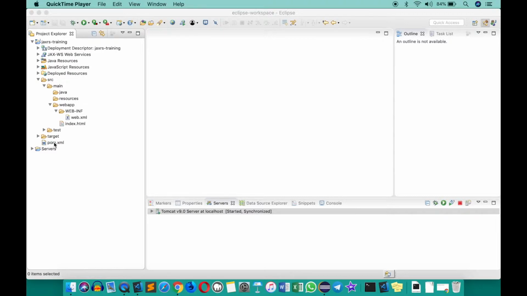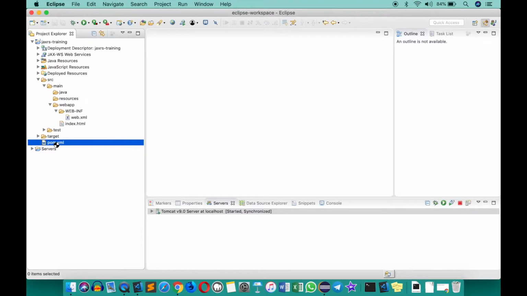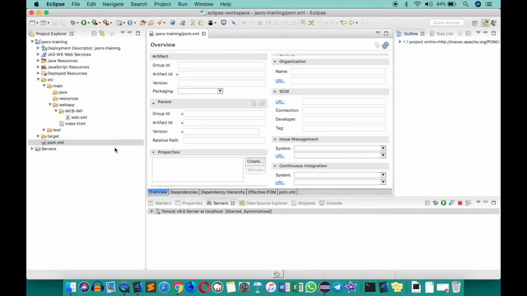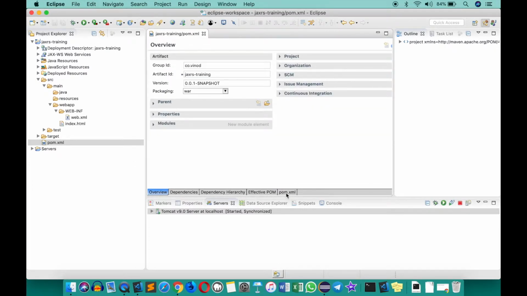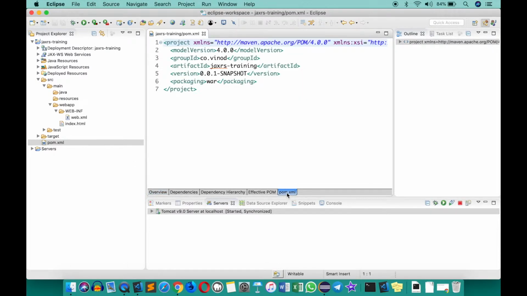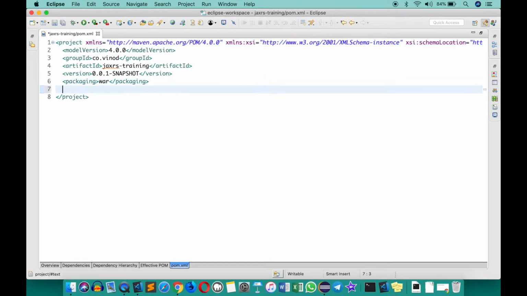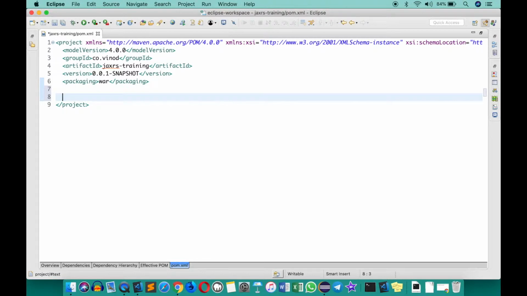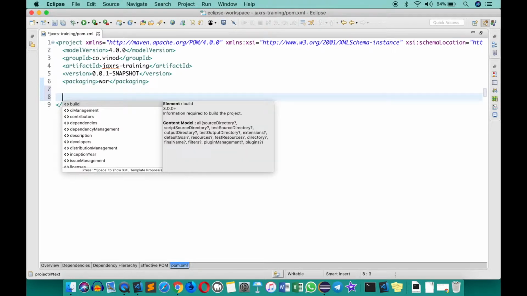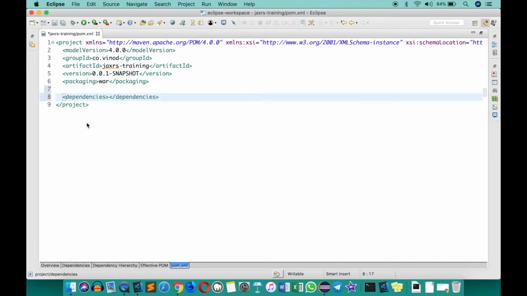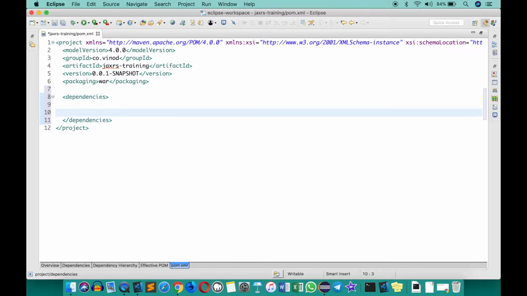So you can see that there is a pom.xml. I'm going to open the same, and there is a section here which says pom.xml, which will show you the XML corresponding to the same. I'm going to full screen that by double clicking here, and I will add here a section called dependencies. You can type Control Space and then you get the list of options. You can select dependencies, double click this, and the first dependency I want to add here is about the JAX-RS